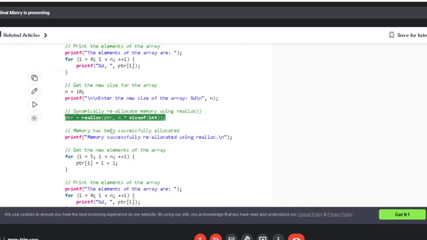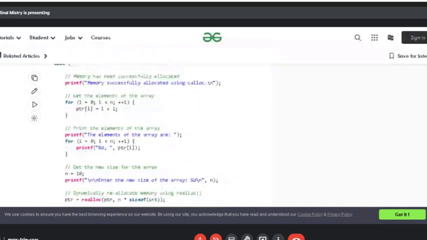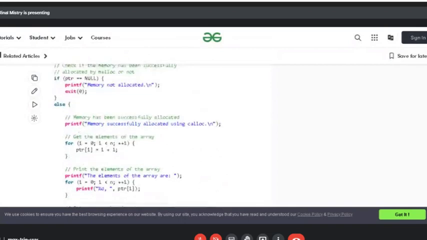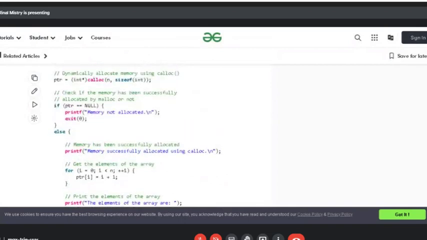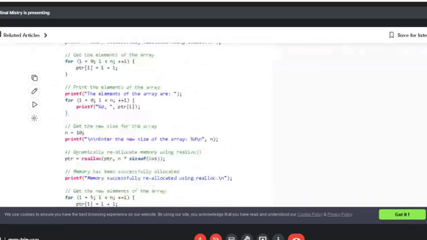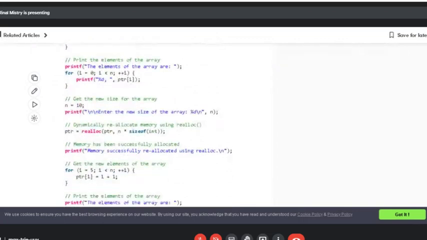The syntax is the same, except over here you don't have to specify the cast type. You can see over here, the cast type integer star is required in malloc and calloc functions. In case of the realloc function, that is not required because we are allocating memory to an already created array, right?